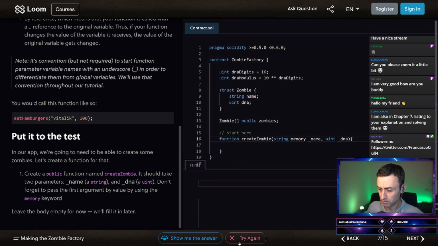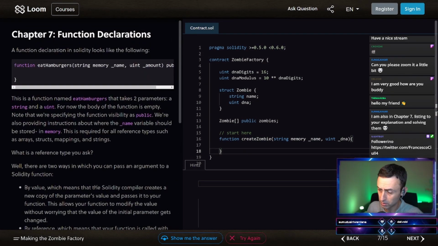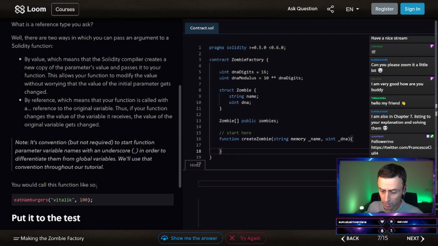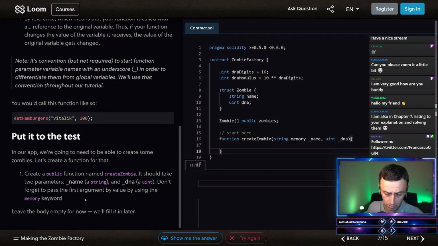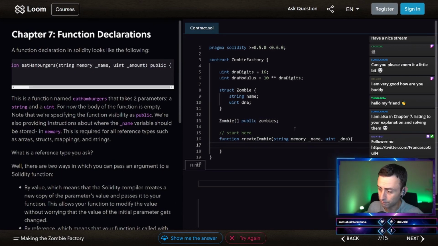Let's try. No, what I've done something wrong. The first argument, memory. I'm doing something dumb probably. String memory underscore name, and then okay, I forgot the public.